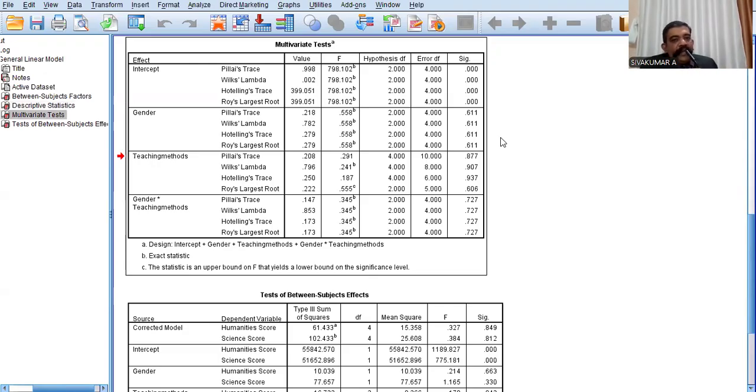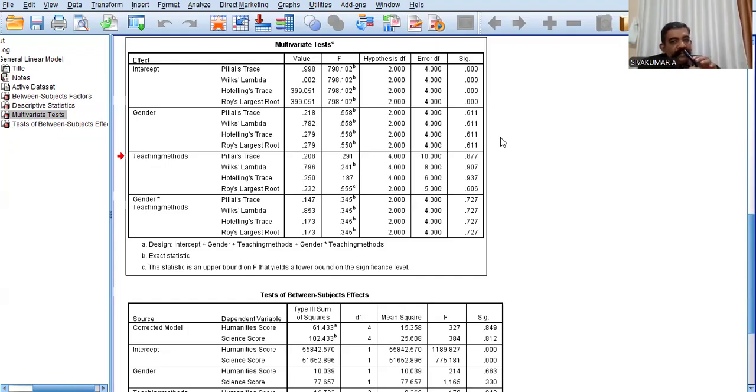In the multivariate test table, please see the box gender versus teacher method. In that box, you can see the parameter. That parameter is Wilks lambda.